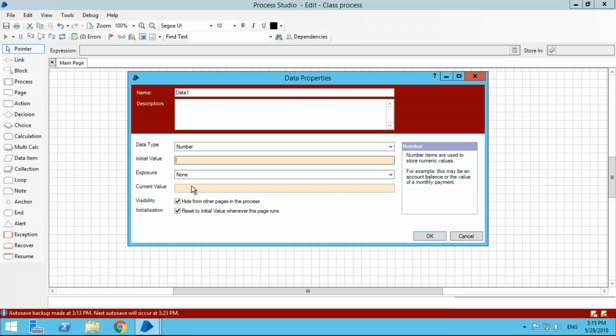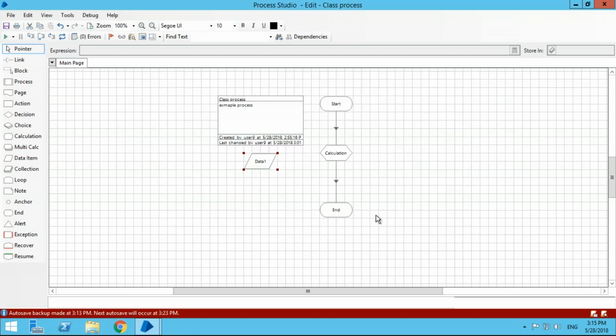You can just leave it blank. Obviously, number should never be blank, so you should always put something in there. But if you leave it as it is, it will work anyway. But as soon as you edit it and you put a number, it won't let you. So press OK on there.